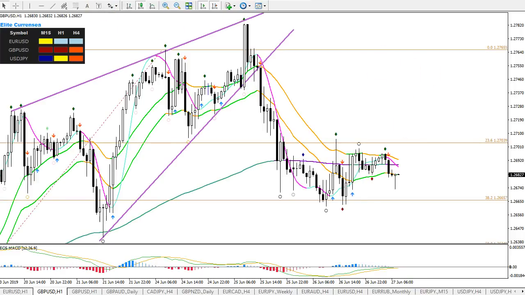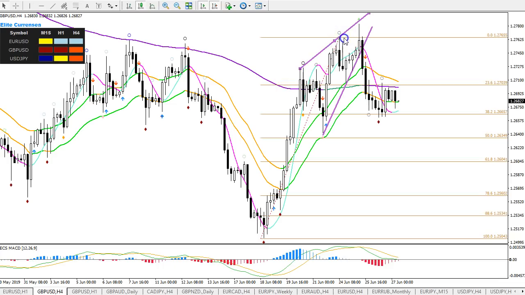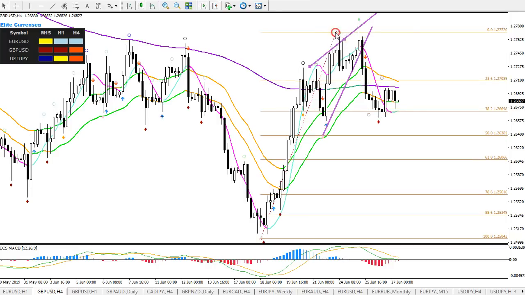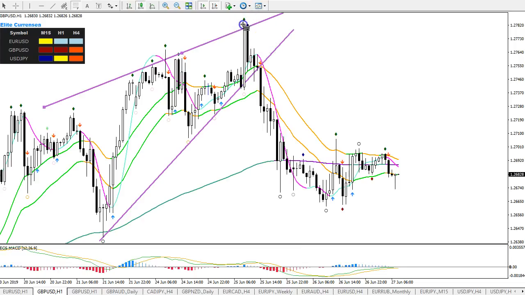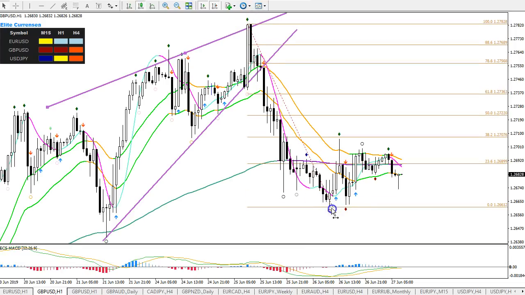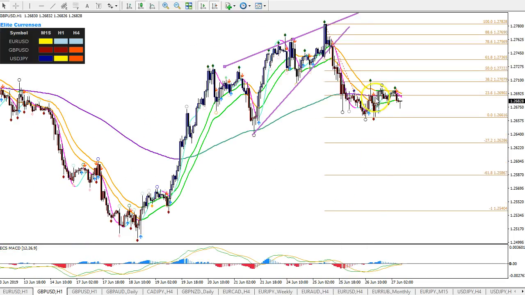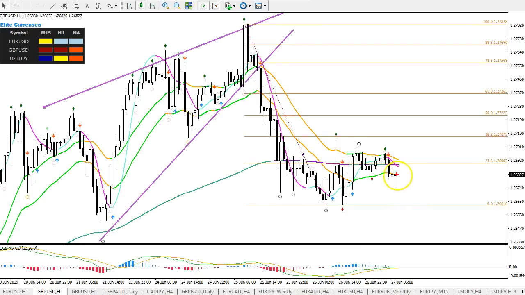Let's take off this fib. Let's get rid of this one. There we go. And put the fib from the top to the bottom, like this. And looking for price to basically go a little bit deeper. I mean, it hit the 38.2 fib already. That could be the turning spot. But for the moment, it is also very likely to go to the 50 or 61.8 fib. So those will be also resistance levels. Those will be also bouncing spots that I'm keeping an eye on